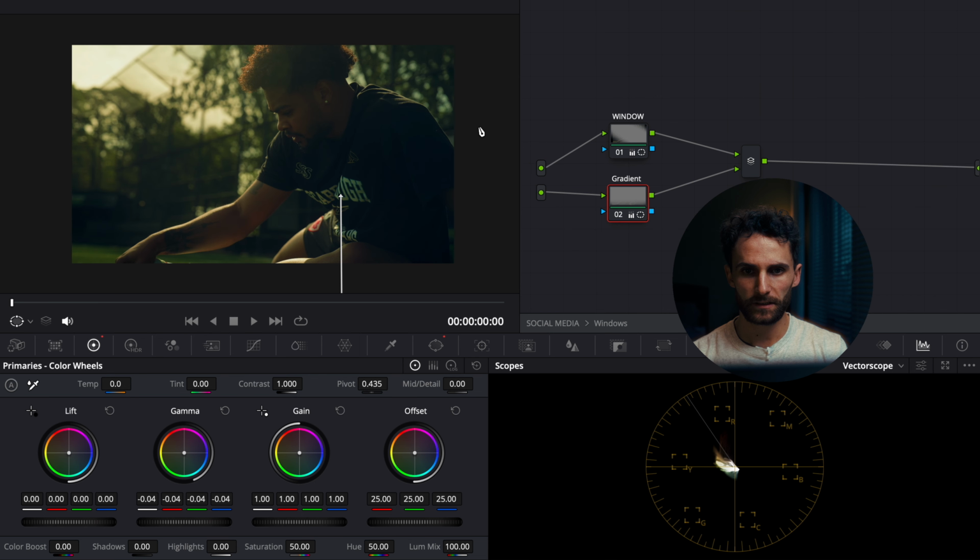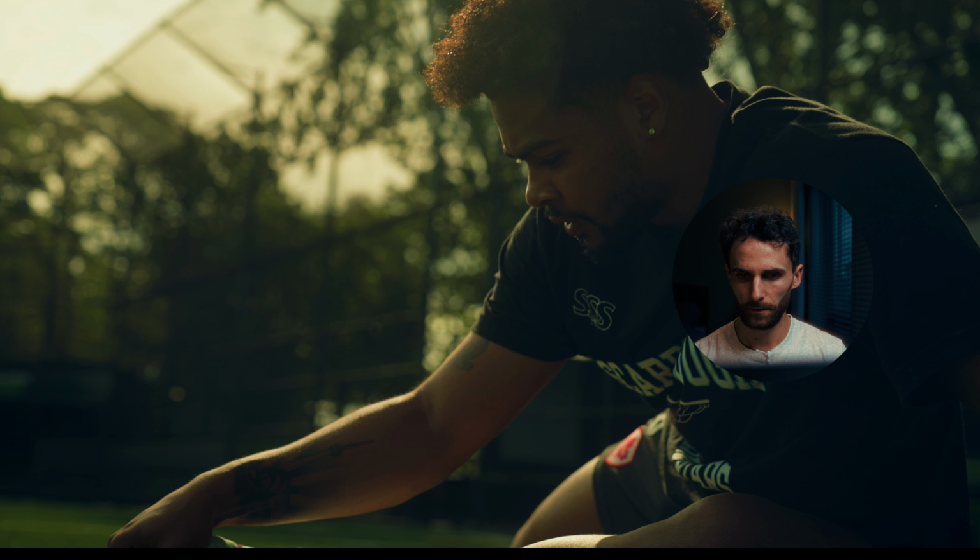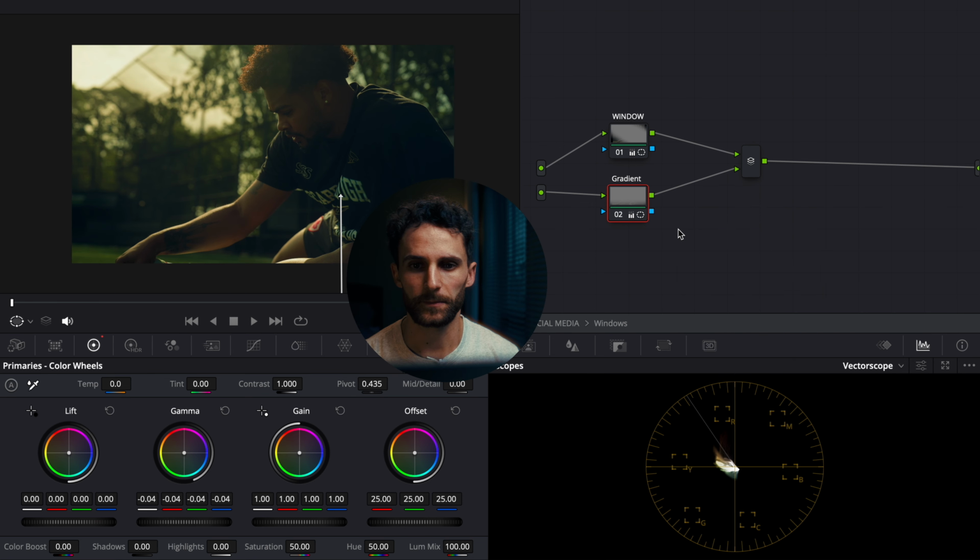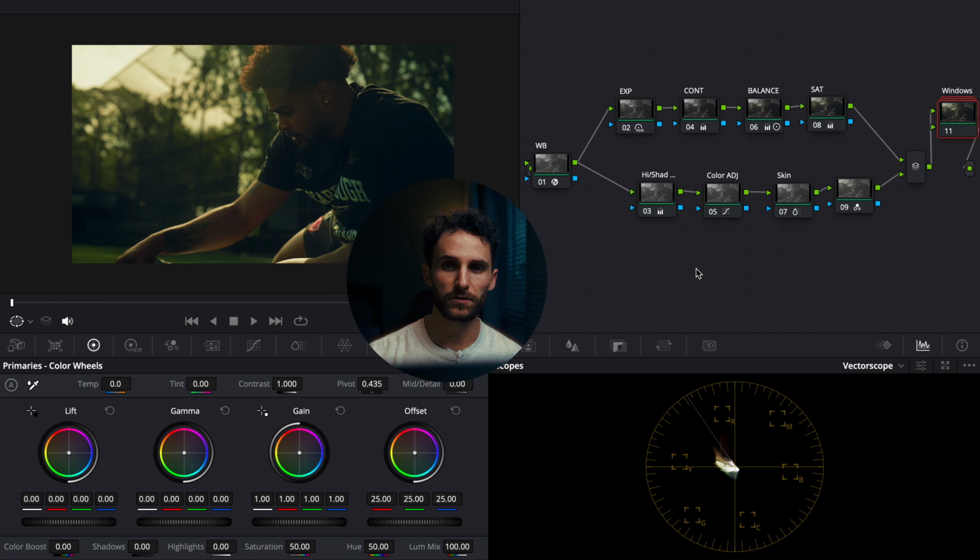So let's look at with them and without them, with them, without them. Just a subtle shaping of the image. You can choose to use them or not use them. It's totally your preference. And then one of the final things that I want to do is